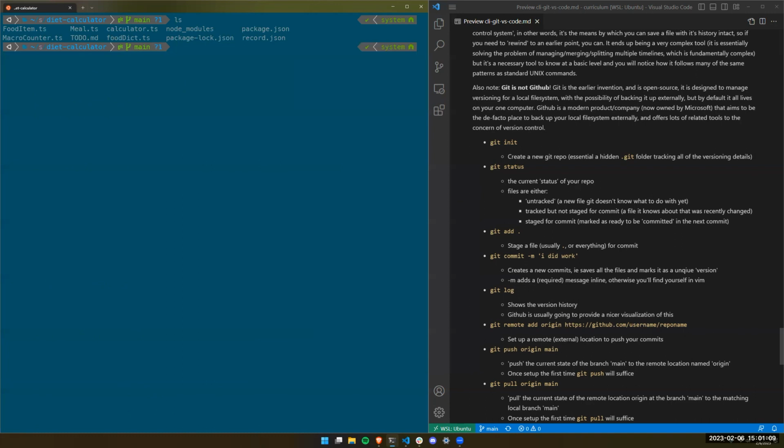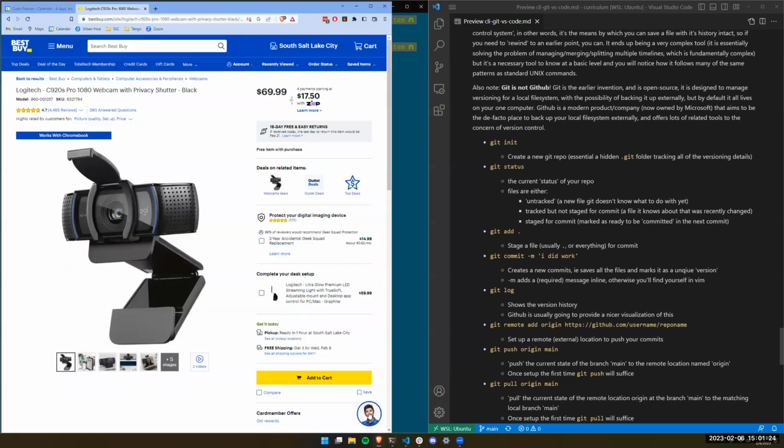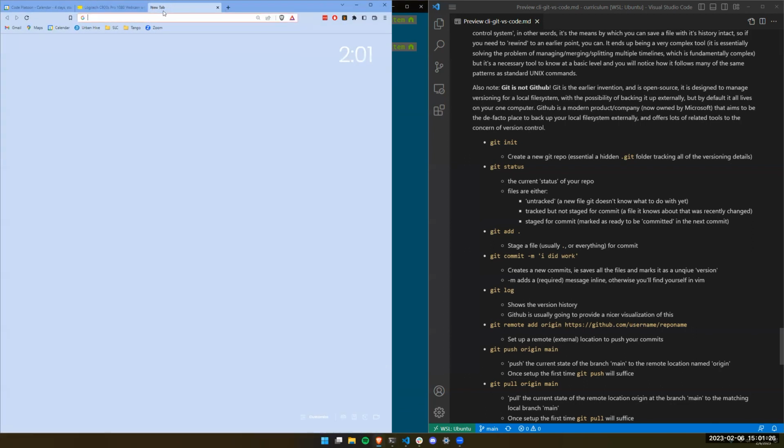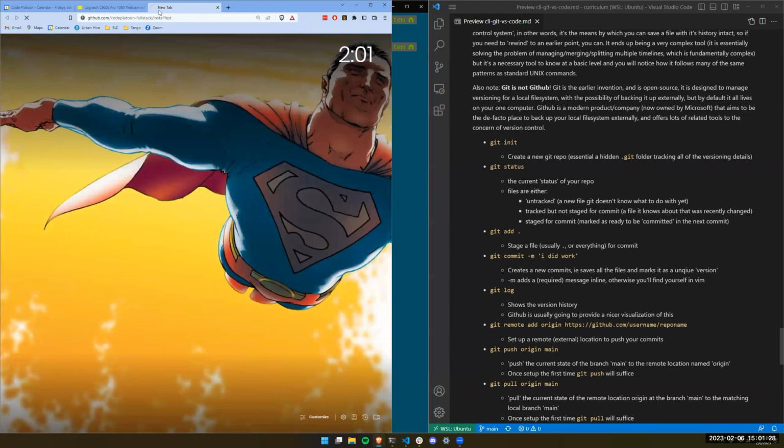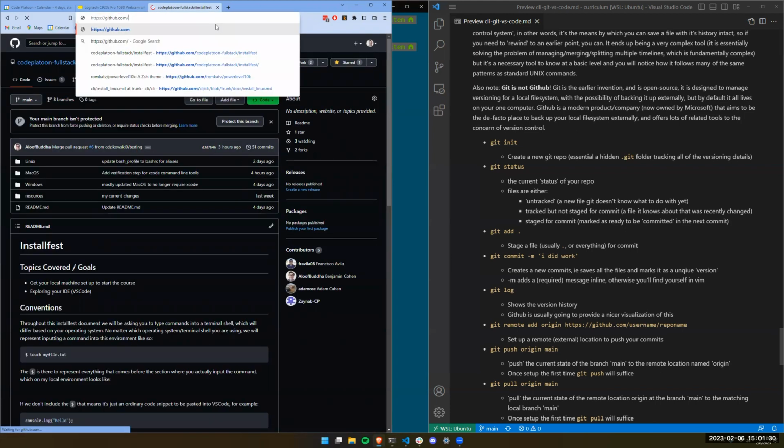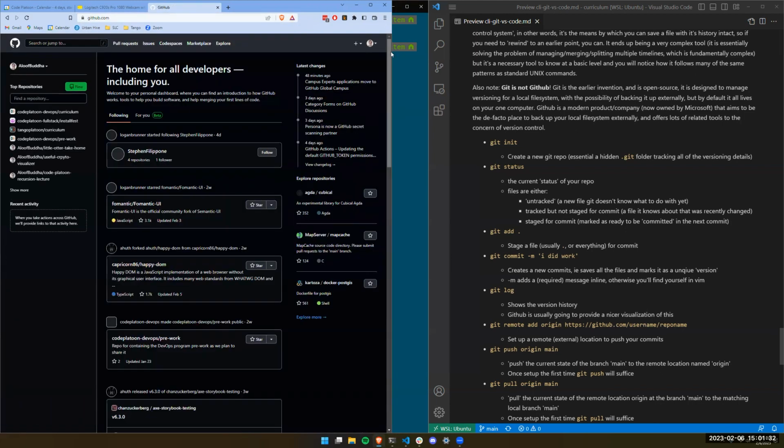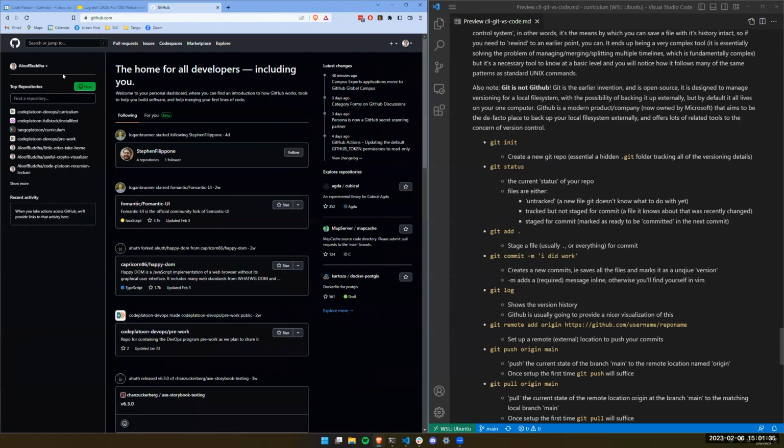Okay, so we have our Git repository and we have our first commit. So what now? Well, this only exists on my computer. That's not ideal, maybe. So this is where GitHub comes in, and we might want to create some kind of remote place for this to live. So I'm going to go to GitHub. As you see, I need an account. I'll put this in my personal account. So here's a Buddha. Okay, we're going to say new repository.